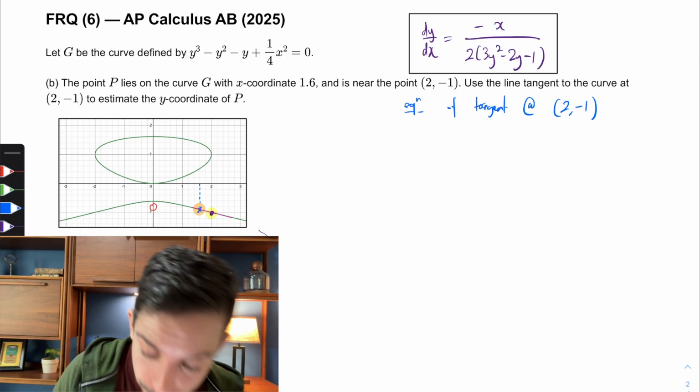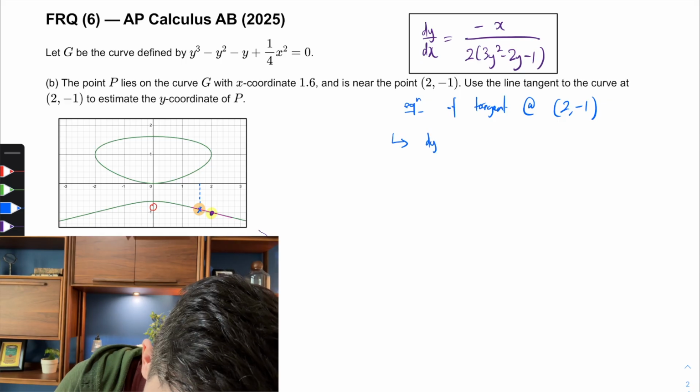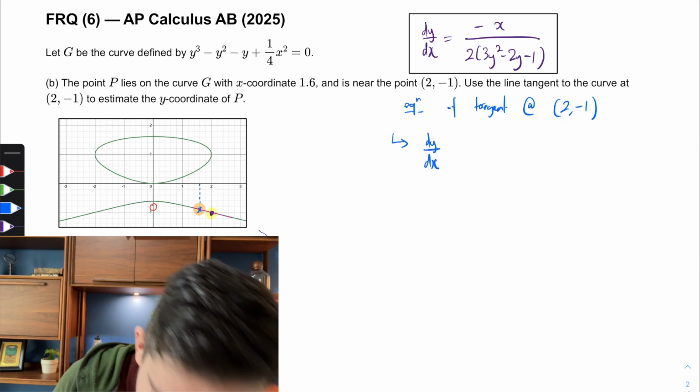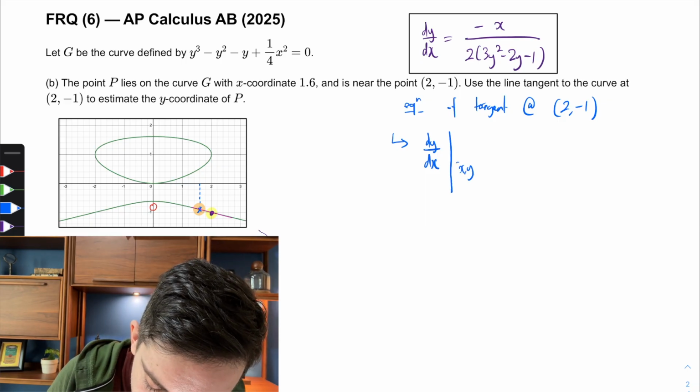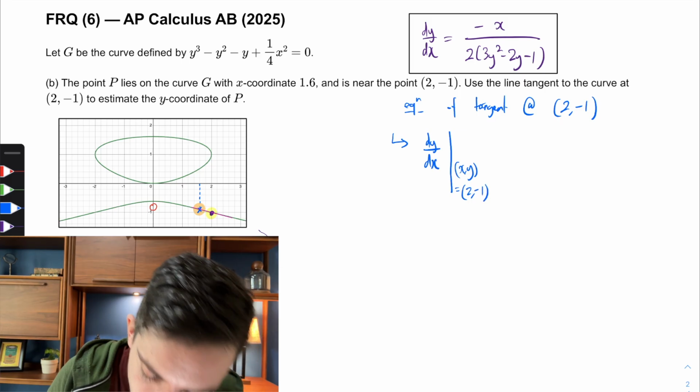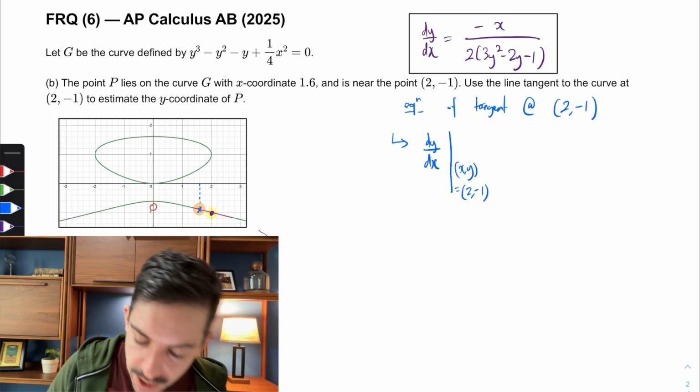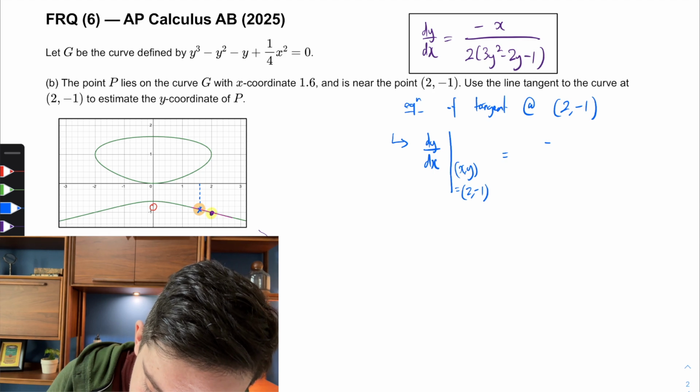We need to find the slope, and that is where this expression for dy by dx comes in. I need to substitute in the x, y values that they have given me, so 2 and -1. If I substitute in here, I'll get negative the x value